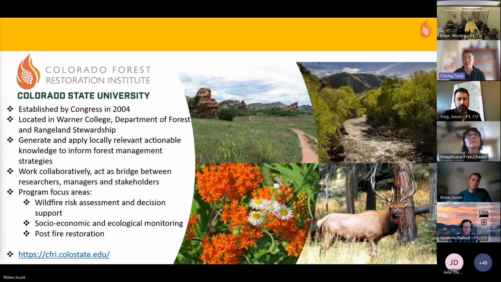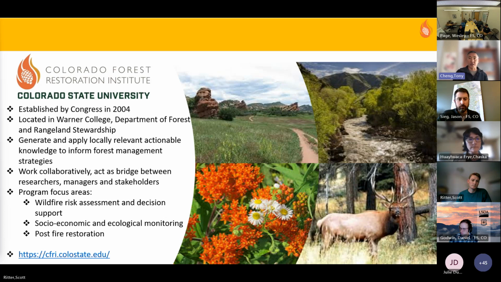And even back then, it was very much acknowledged that we needed more fire on the landscape. We were operating in a fire deficit, like many landscapes across the Western U.S. But to get more fire on the landscape, we needed to prepare those landscapes and those communities to receive those fires. And so that hasn't changed. That's still a mission of the NOCO Fireshed Collaborative. The NOCO Fireshed Collaborative is the latest entity of that long string of collaborative efforts that date back to 2003, 2004. So we really operate at that interface of developing and deploying the best available science and integrating